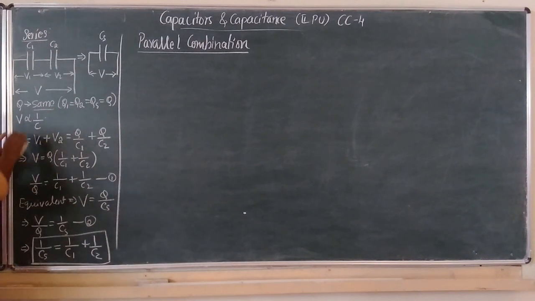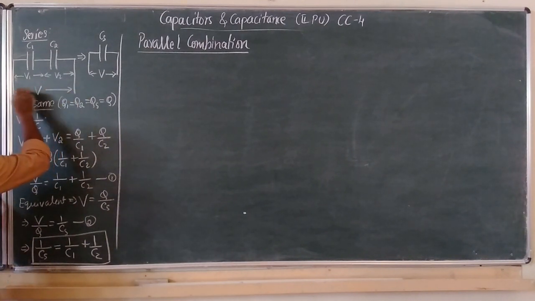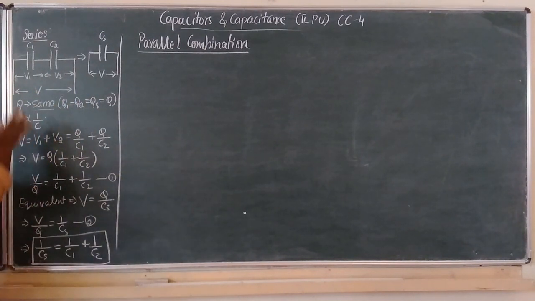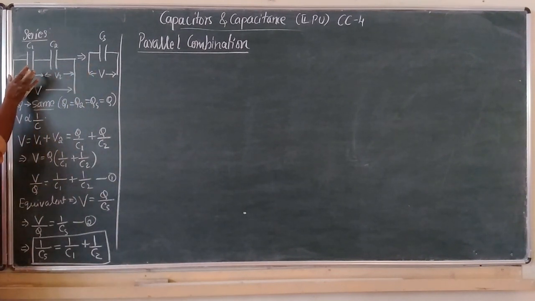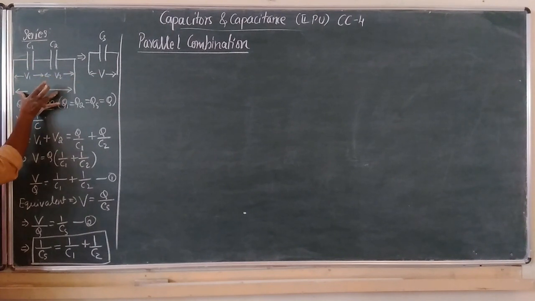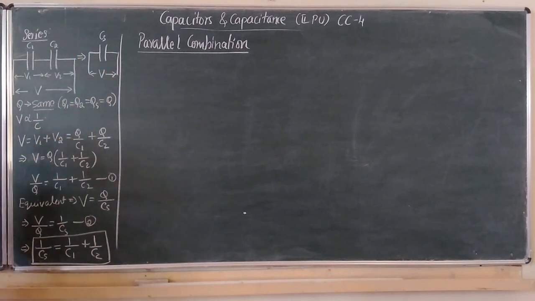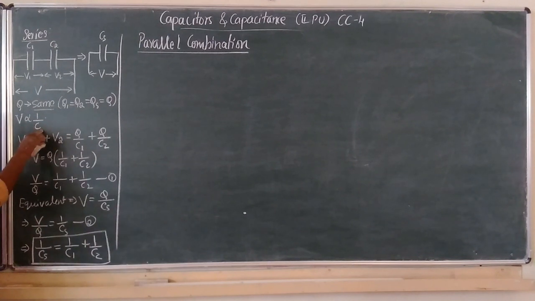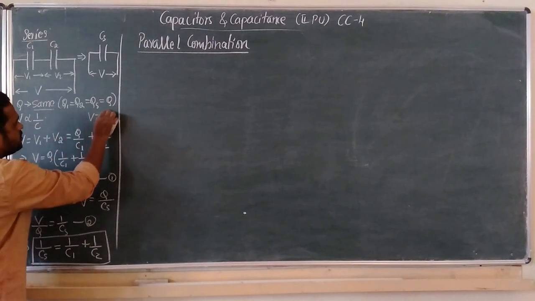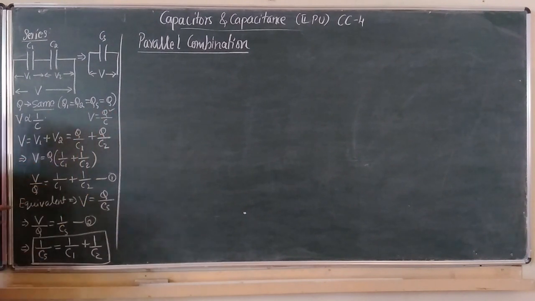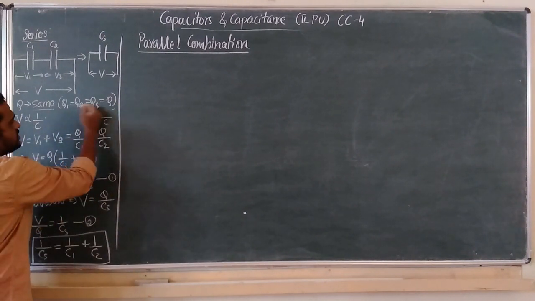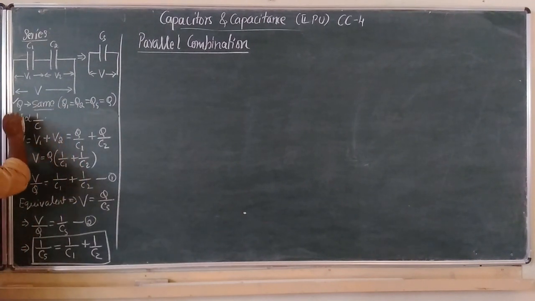Next, if you consider the potential difference, whatever the applied potential difference across the combination, it gets divided into a number of parts. If there are two capacitors, the applied voltage gets divided into 2 parts. If there are 3, 3 parts. If there are n capacitors, then the applied voltage gets divided into n parts. Now in this case, we consider 2 capacitors. This V is inversely proportional to C, because we know that V is equal to Q divided by C. Since Q is the same for all the capacitors, V depends on C. Remember these two conditions in case of series combination.